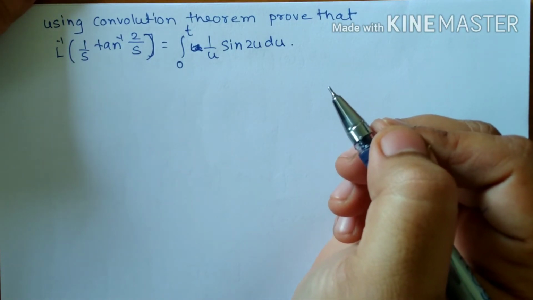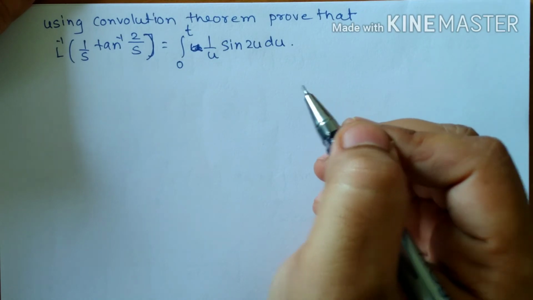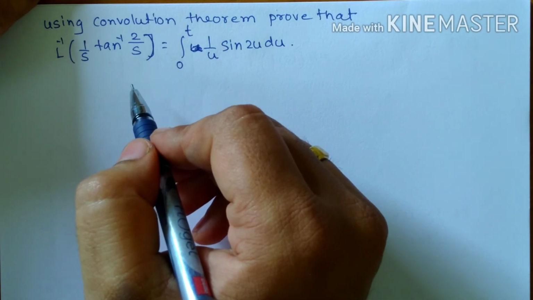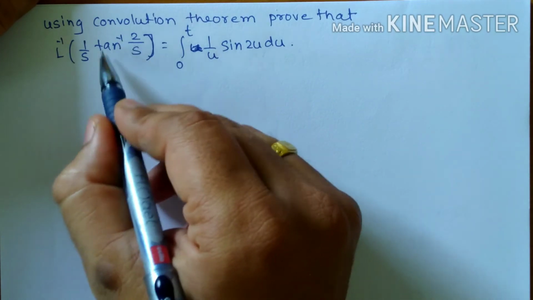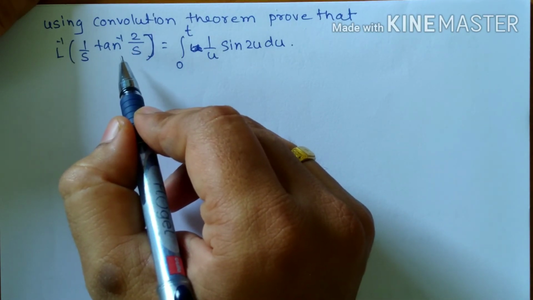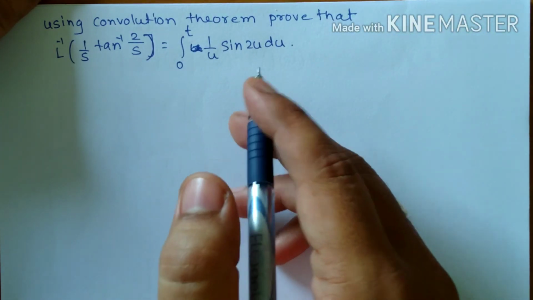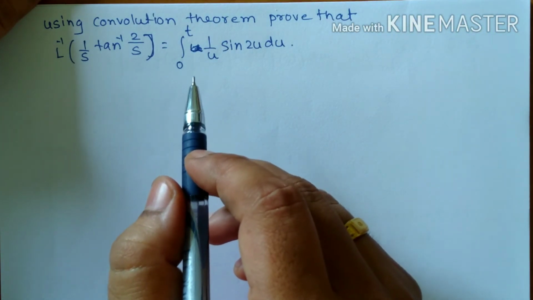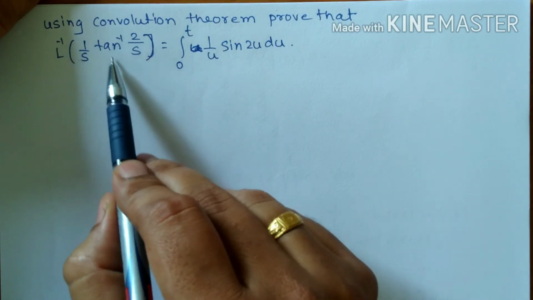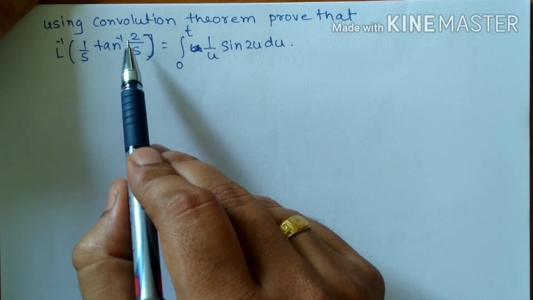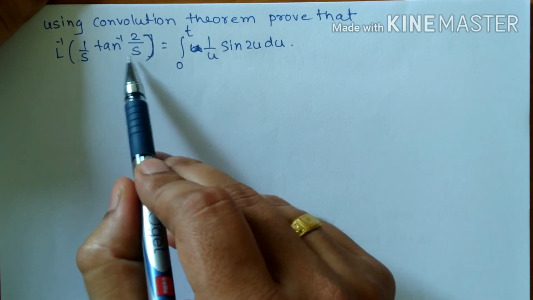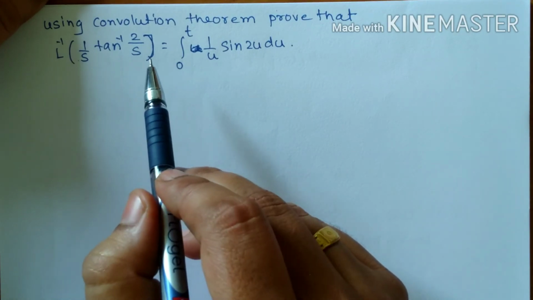Now, if you just look at this tan inverse 2 upon s, you must have directly understood that to calculate the inverse Laplace of this particular term, we need a differentiation of f of s. When we apply the convolution theorem, whenever we have to calculate an inverse Laplace of f of s into g of s, if I call this f of s, then this has to be a g of s. Am I right?